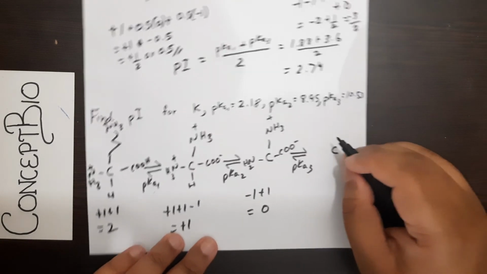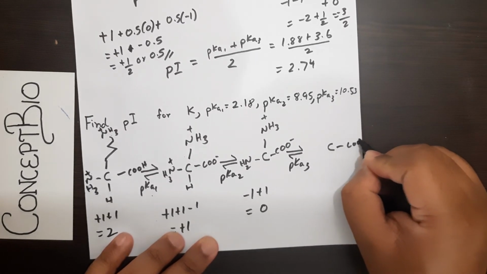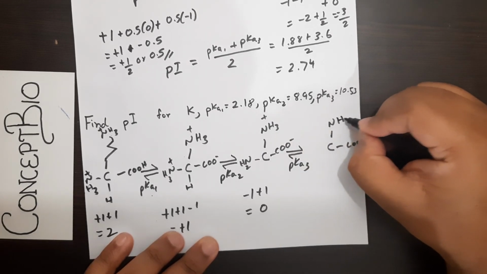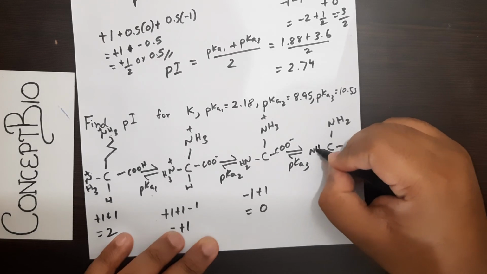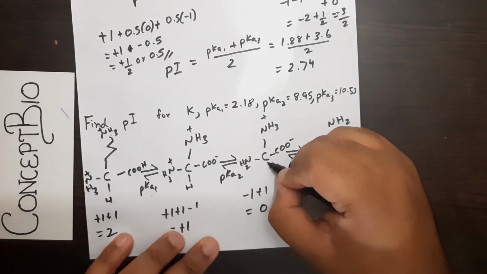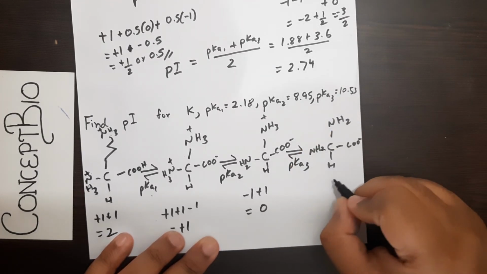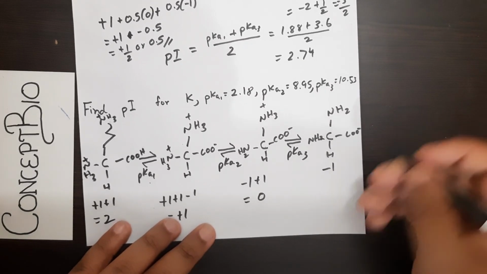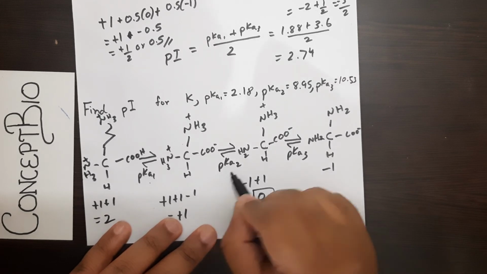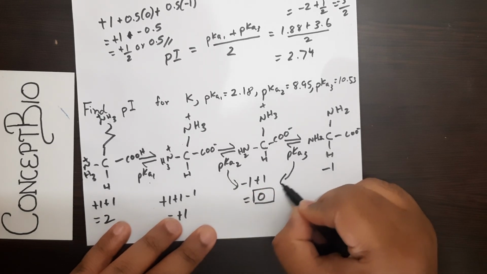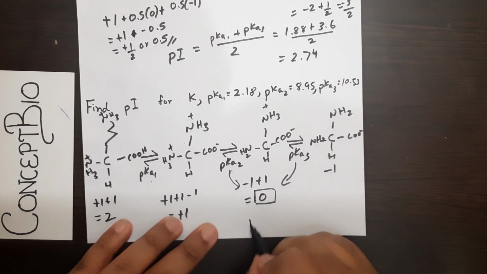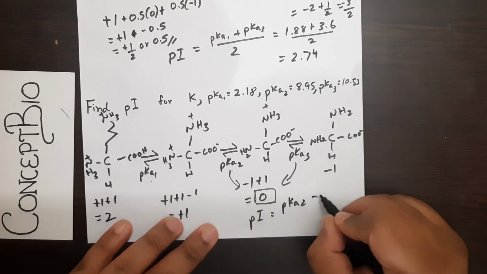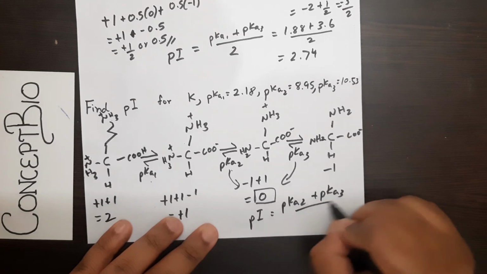Again, continuing to our pKa3 value, we go to COO- as it's already crossed. Finally, our R group also gets deprotonated, NH2, and this is NH2. And this is always H over here too. So what is the net charge over here? It is just -1, because only the carboxyl group is providing any charge. So our Zwitter ion is here. The pKa values before and after the Zwitter ion are pKa2 and pKa3. So pI is equal to pKa2 plus pKa3 divided by 2.